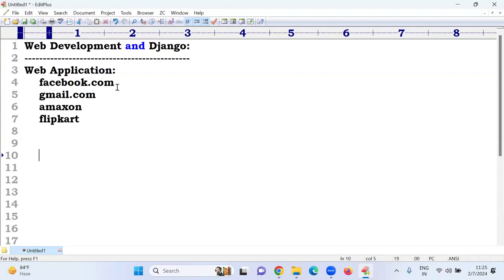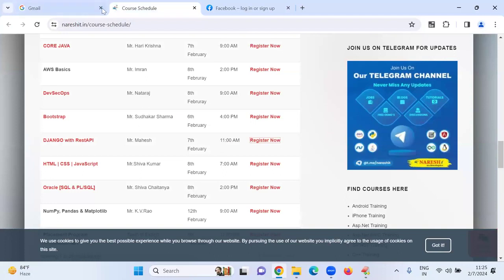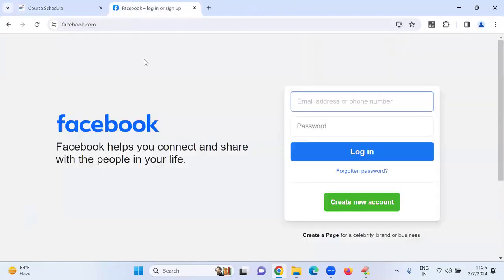But what I'm telling is, I will tell multiple applications and how to create them. Suppose Facebook is there. What is the starting Facebook page? Login page. First we discuss how to create this login page, these text boxes, these buttons.